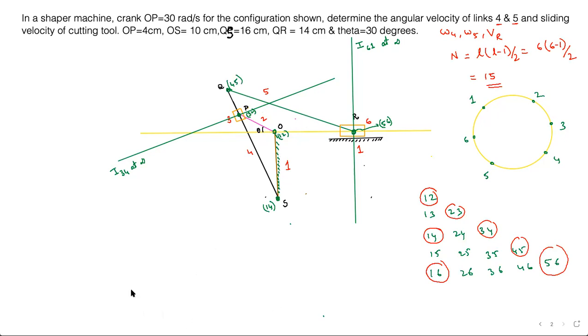Now just connect it in the circle. Whatever you have, just connect those in the circle with straight lines. 1 2 is present, right? Yes, 1 2 is already there. 3 2 also is there. 2 3 is there, right? And 3 4 is there. 4 5 is there. Is it there? 4 5, yes. 6 5 is there or not? Yes, it is there. And then 1 6, is it there? Yes. And I have something else also, 1 4 also, right? So just connect 1 and 4 also. So all these things we already have, and these are present.